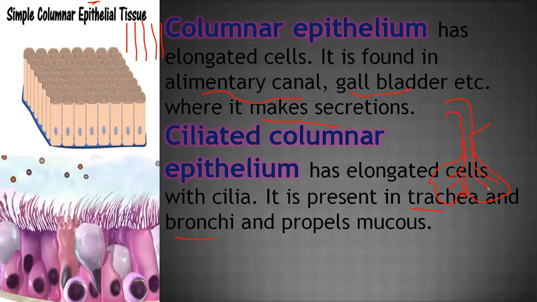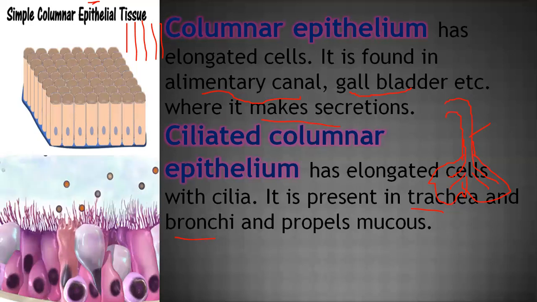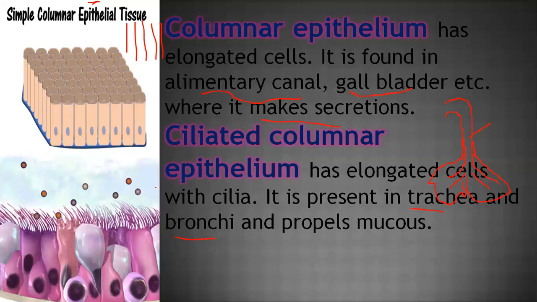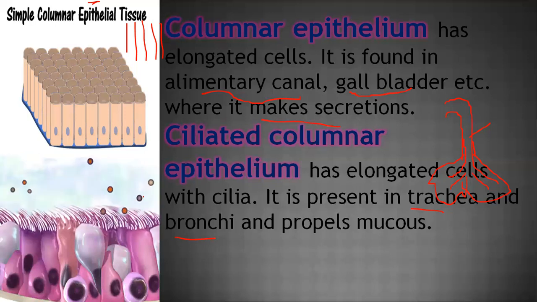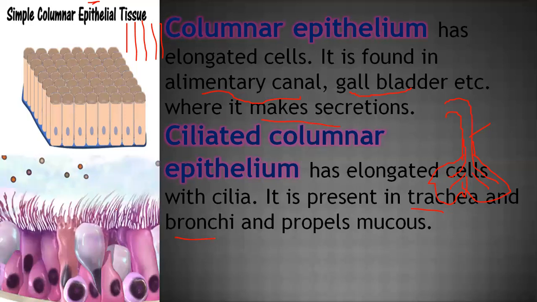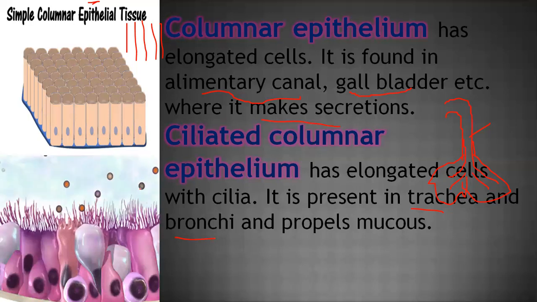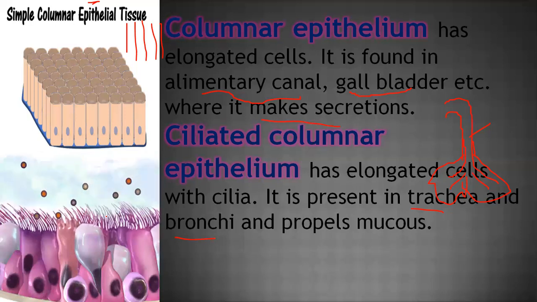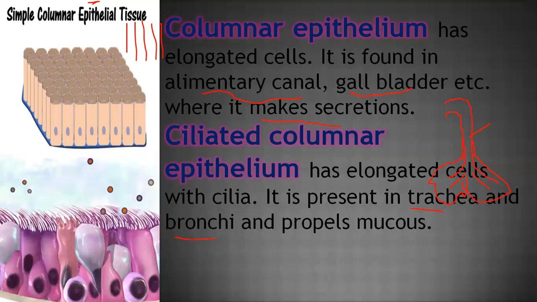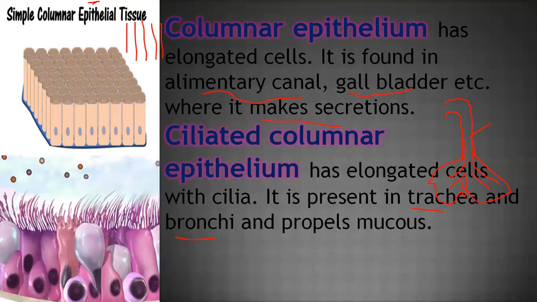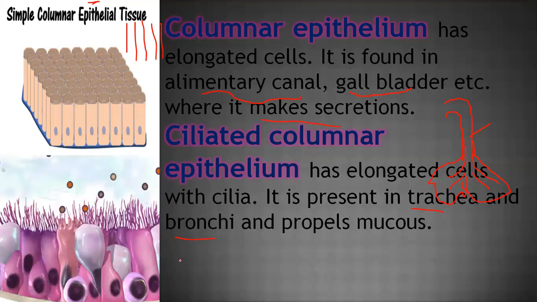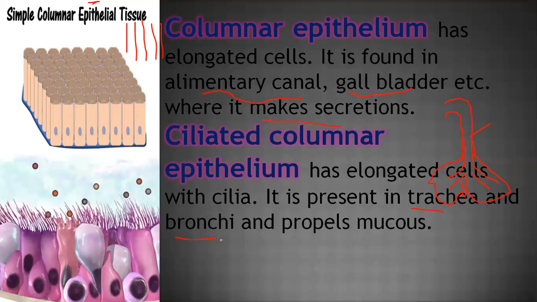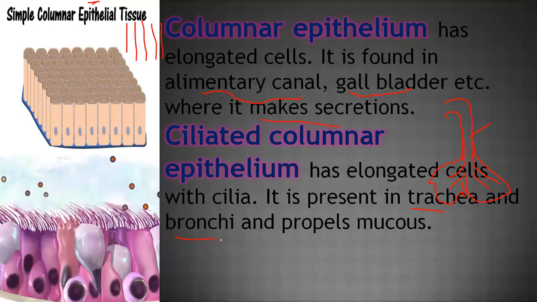What is its function? Because they have cilia, you can see here in the diagram that small dust particles, when moving past these cilia, stick to them. So these cilia act like a broom, and they clean up the air which passes down into the trachea and bronchi, and then it moves into our lungs.